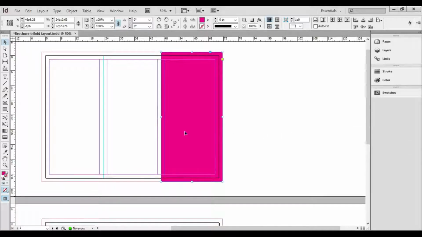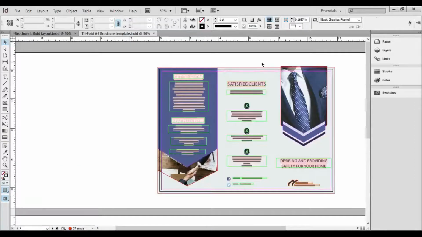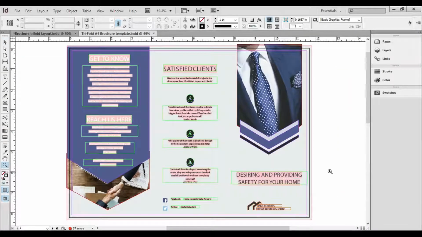Mostly printers truncate at least half an inch of your printed document, or they might add a white line all the way around it. That is the non-printable area. So this is your non-printable area. This is one of the templates so that you understand how things work. This is one of the designs. How to place elements, and where to place which element, I'll be explaining in a while.